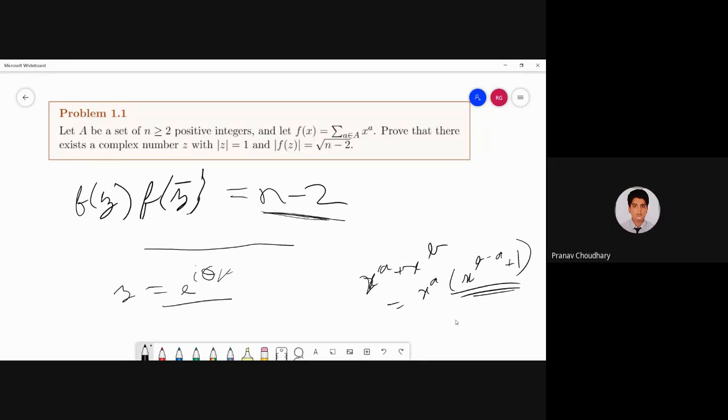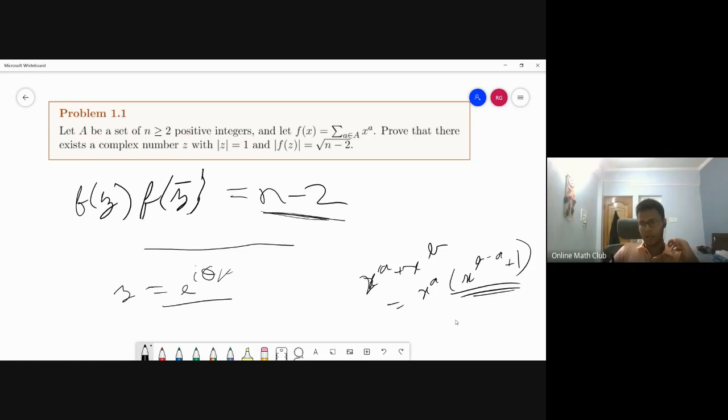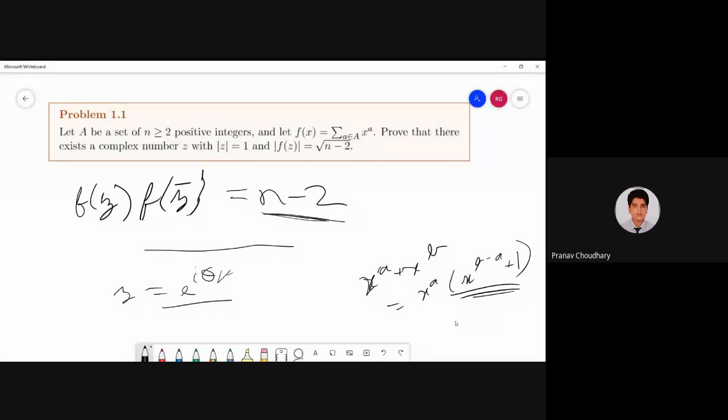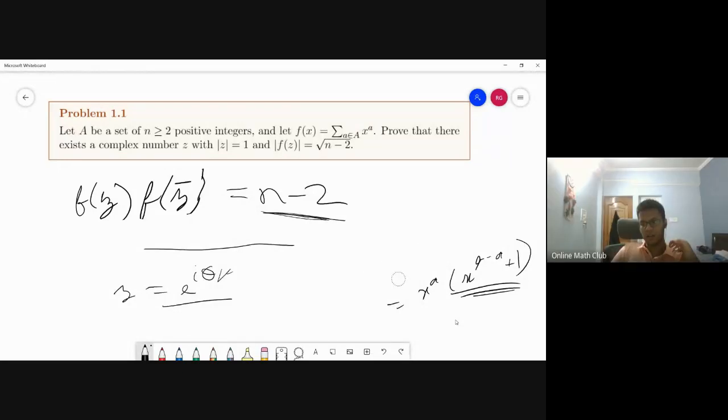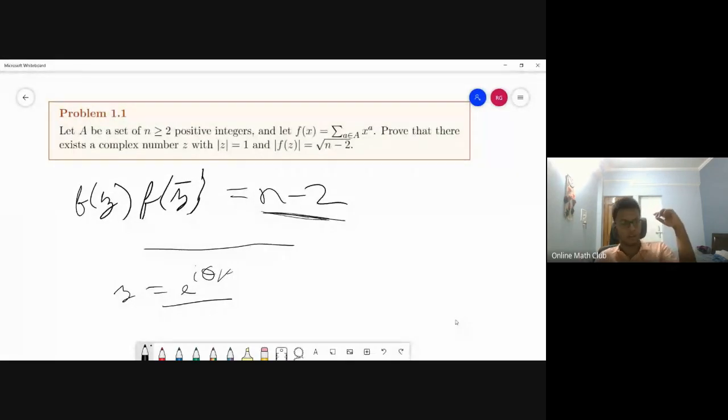Isn't f of 0 equal to 0? Like 0 to the power of anything is 0. Yeah, a is a set of positive integers, so 0 to that is 0. So the minimum bound is 0 and n. So continuity gives us the same, on the things which have modulus 1. 0 has size, oh, 0. Okay. On complex numbers with modulus 1, we are talking about varying around the unit circle. Yeah, got it.